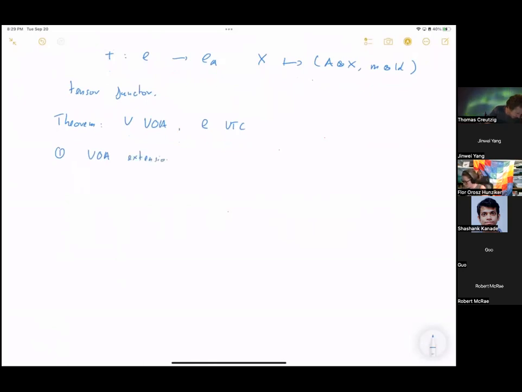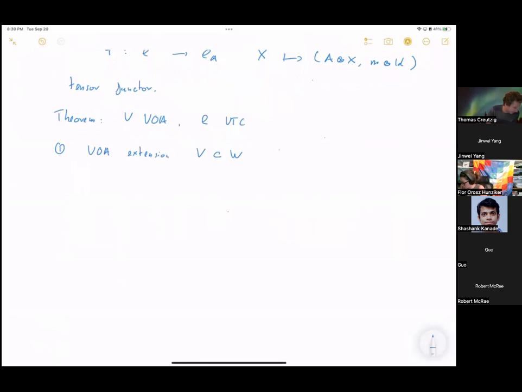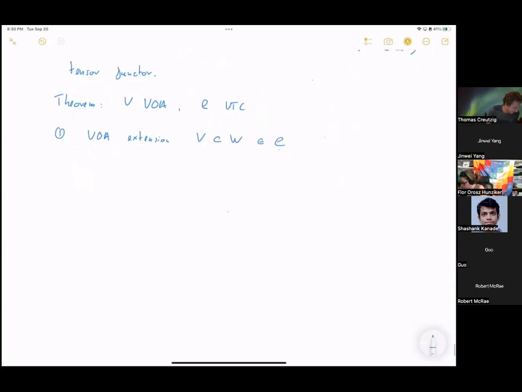By VOA extension, we mean we have an object W in our category C that itself is a VOA that contains V as a sub-object, and the vertex operators restricted to V are the original ones of V. So we want this W to be an object in C, and such VOA extensions are equivalent